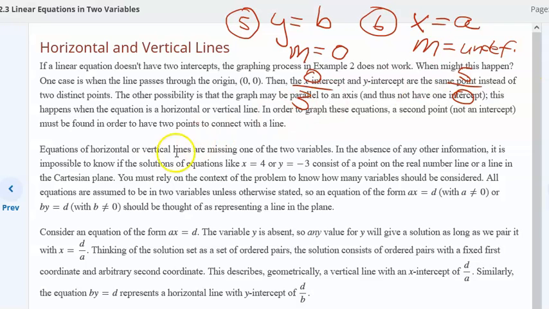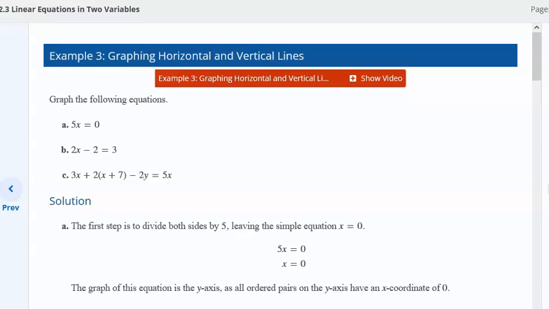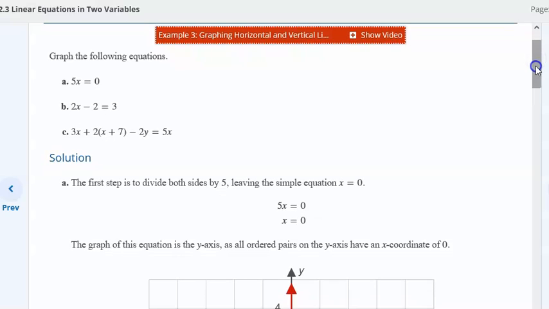All right, let's look at some examples. And this is example 3. And as we do these, you can sketch them. So a is 5x equals 0. We want to put it in the form x equals a for a vertical line. Divide both sides by 5, and we get x equals 0. So the sketch of this